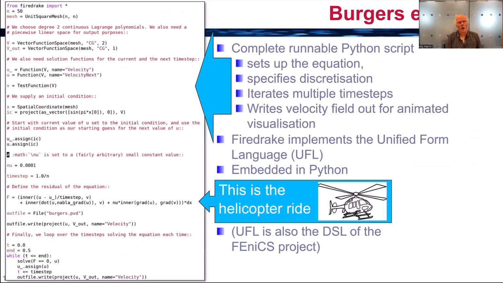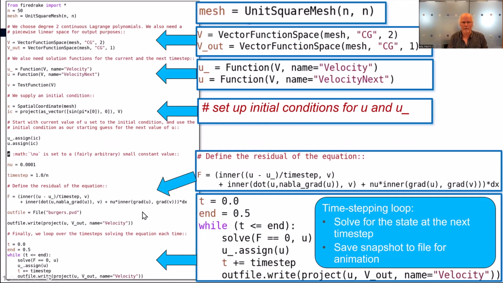So here's the code, right? On the left is the complete code to solve that Burgers equation on a mesh that we specified up here. I'll show you. And down here is the line of code that I just showed you. Let me just show you that a bit bigger. So down here is the line of code that I just showed you. Over here is the solve f equals 0. This is in a time-stepping loop, right? We're going to iterate multiple time steps. We're then going to project the quadratic finite element mesh into a linear interpolation so that we can visualize it in VTK.